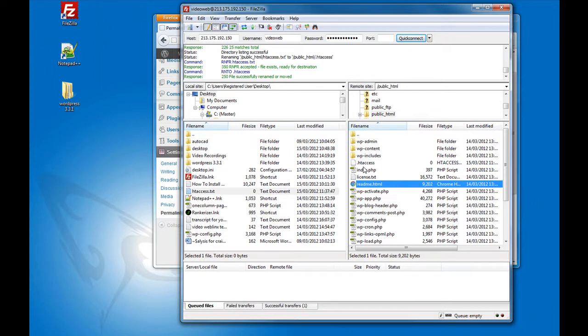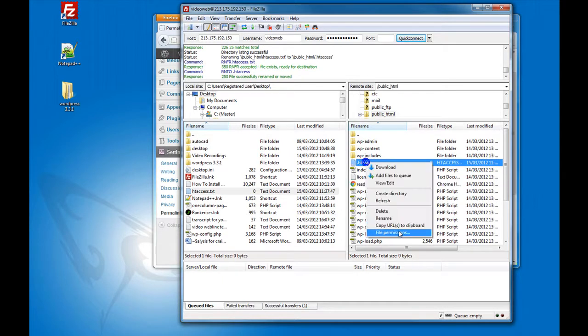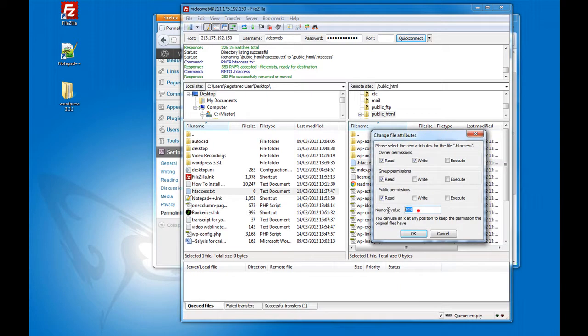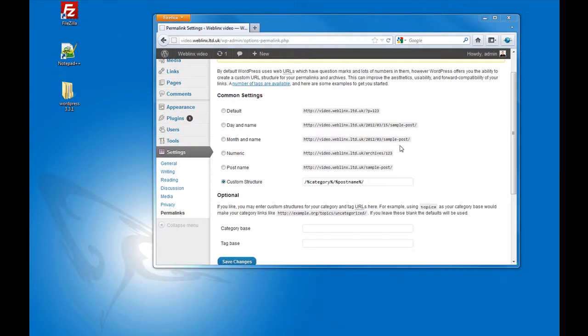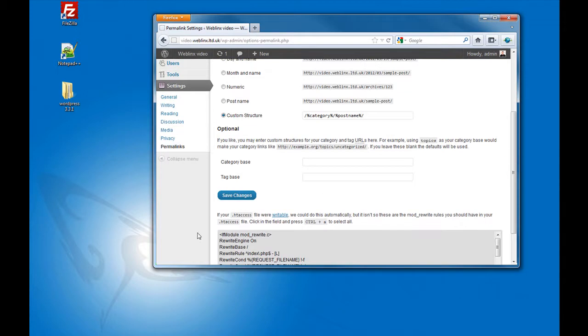The only problem with this now is it needs to be writable, and to make it writable, we right click on it and set the file permissions to 777. Now 777 is the language that says that WordPress can use it. You can change it back every time you use it for security's sake, but just for now we'll leave it as that. So now we've got the file writable, so we click on save changes on this again,